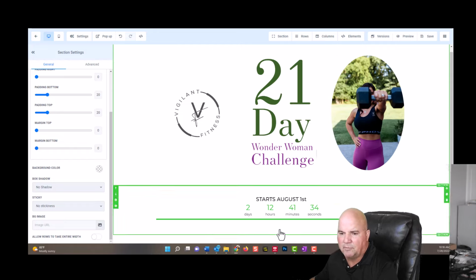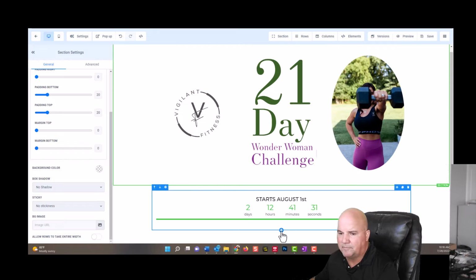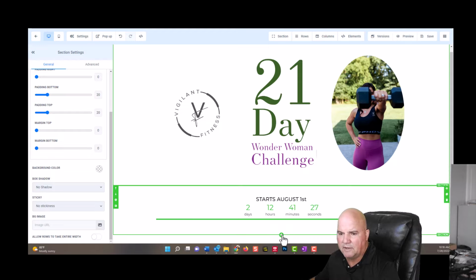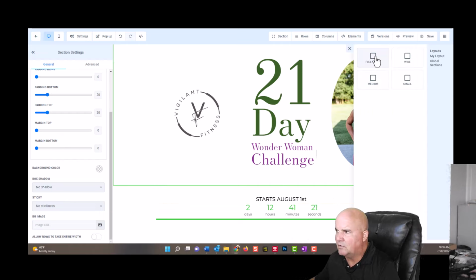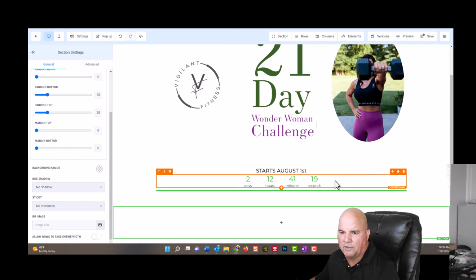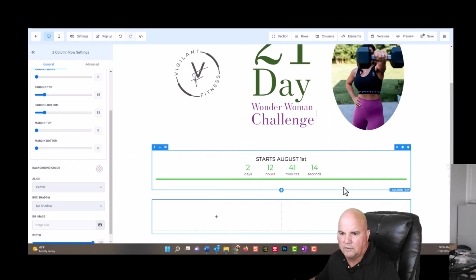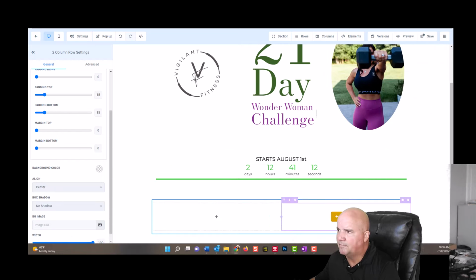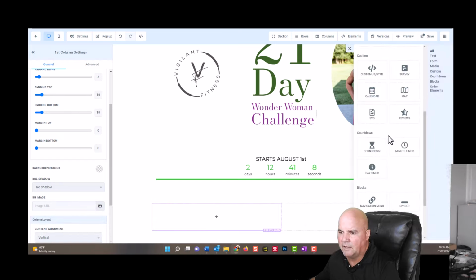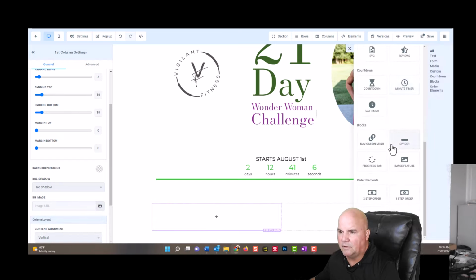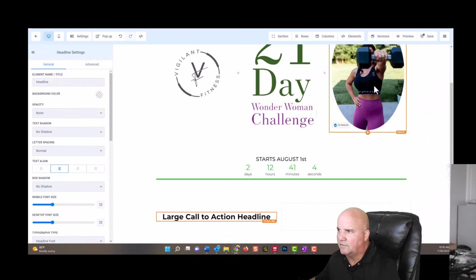So my next step is to add the offer in here. So I'm going to go ahead and go down. I want it green here because I want to add a new section. So I'm going to do a full width, and this one in particular is going to be 2 columns. So we've got 2 columns, and we want to add a headline, and our headline in this one is going to be